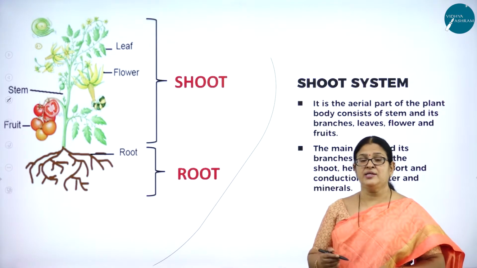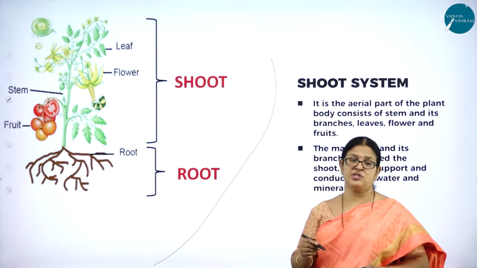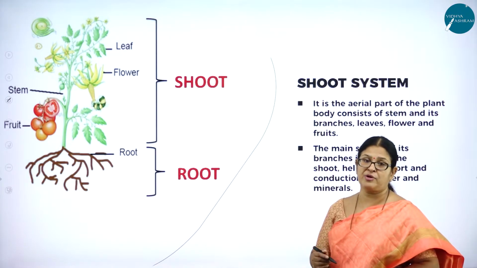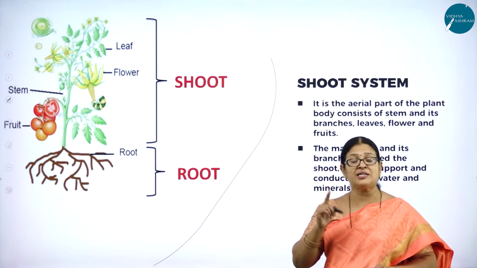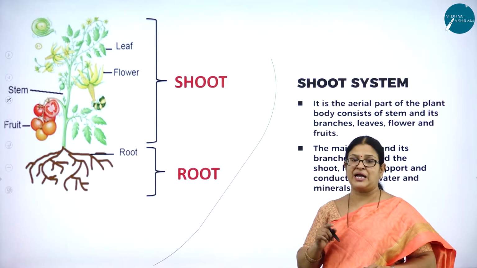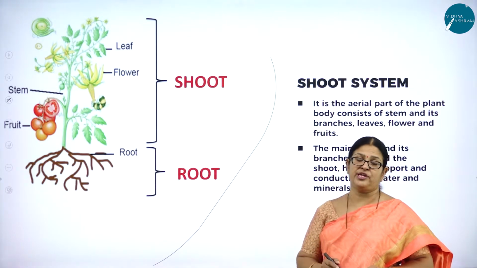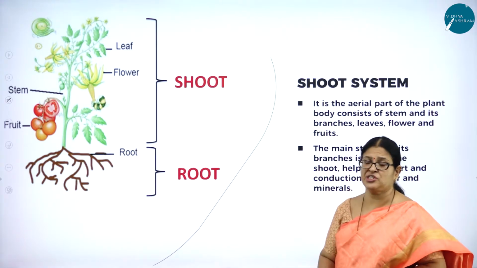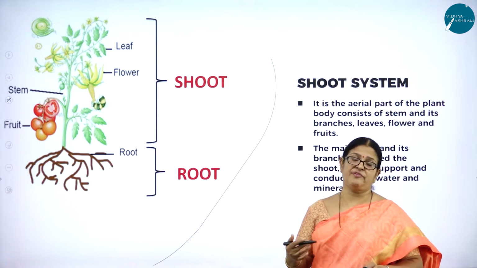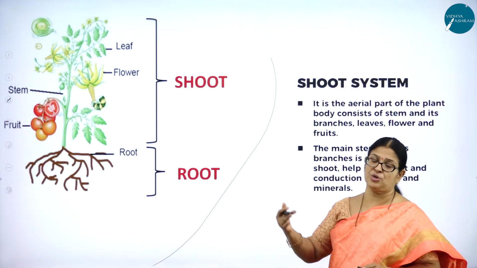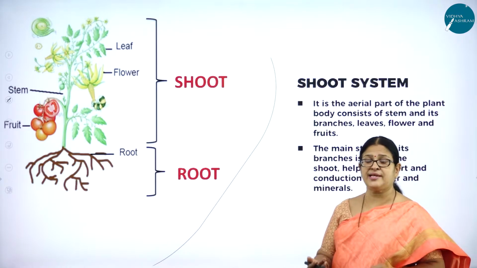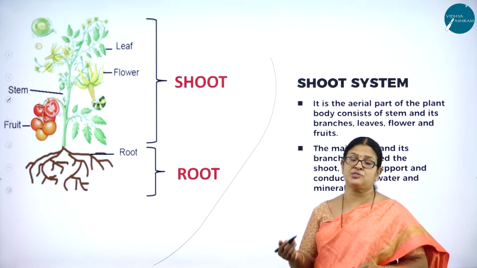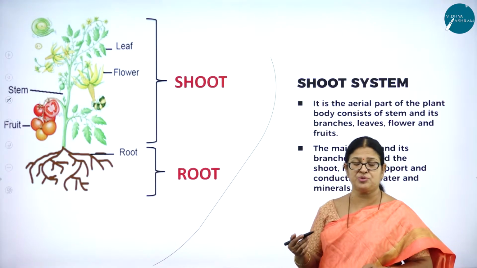And as I said, besides this original function, sometimes the roots get themselves modified to perform some special functions, like giving mechanical support, food storage, and respiration. What are we going to study in today's session? Till the last session we were studying about the root system, the part that grows below the soil. As I said, there are three types of root system: the taproot system, fibrous root system and adventitious root system.